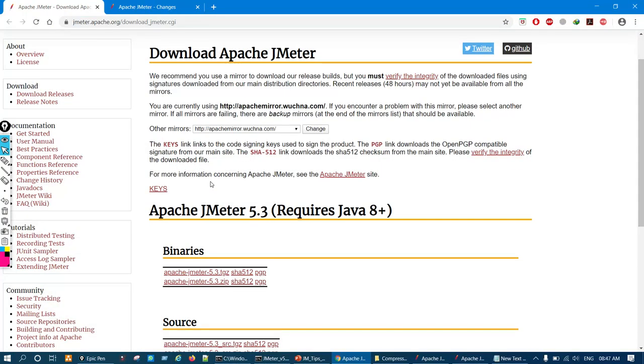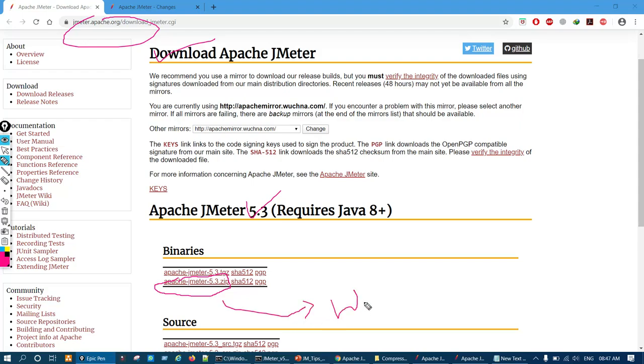Here you can see the official website of JMeter, and here is Download Apache JMeter. We can see JMeter version 5.3 is available to download, and here is the link. Using this link we can download for Windows, if you are using any Windows operating system, plus macOS. For people using a Mac operating system, this link is there.